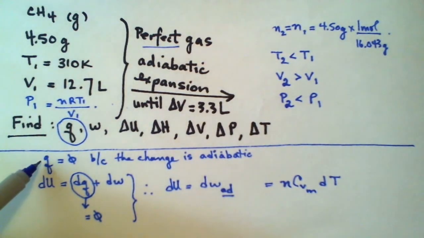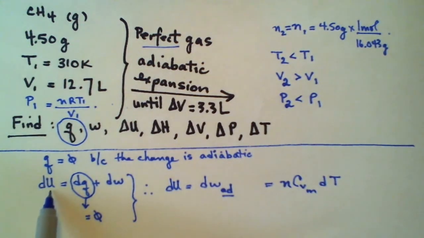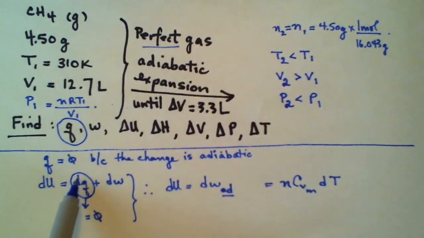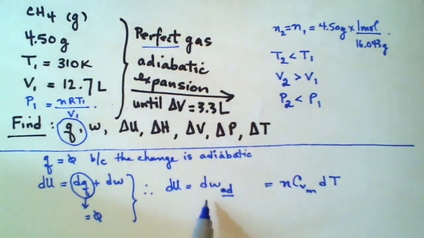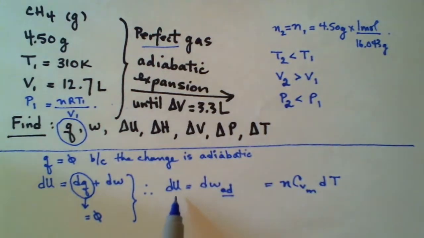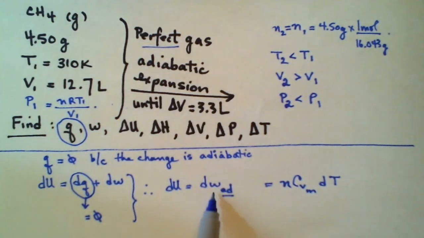So let's let one fact lead into another statement. dU is equal to dq plus dw. That's always true, regardless of what kind of path you've got. But dq is 0, and so dU is equal to dw. So that's what's written here. And underline the subscript ad for adiabatic, because people still wonder, how can you equate a state property with one that depends on the path? Well, the path is not varying anymore if I actually state it.